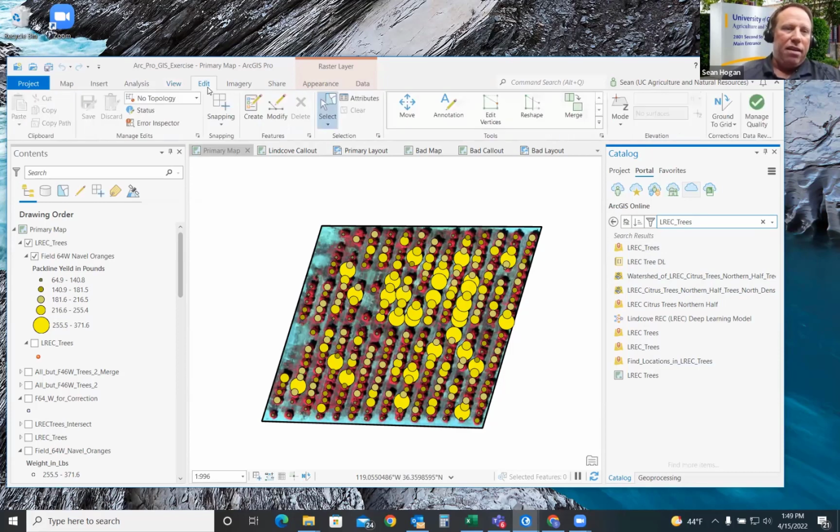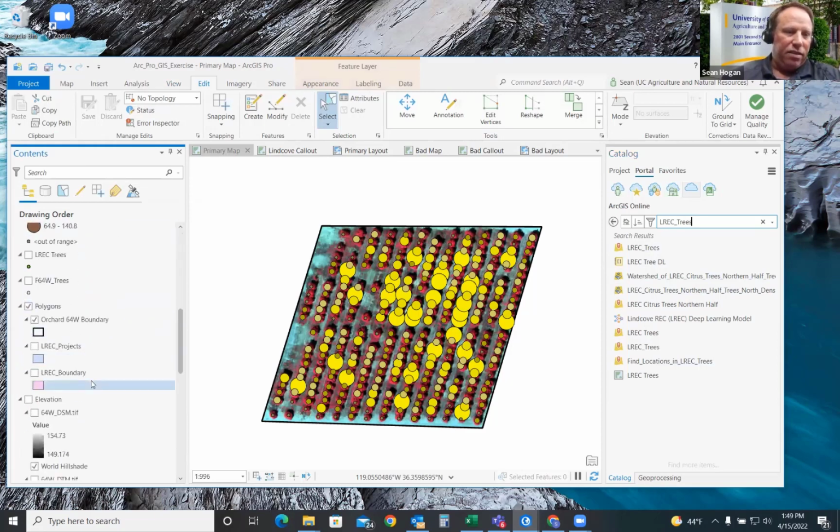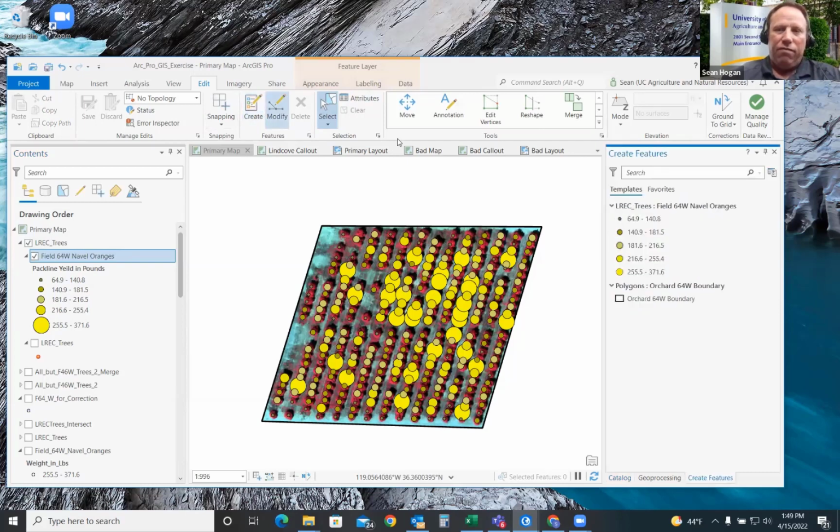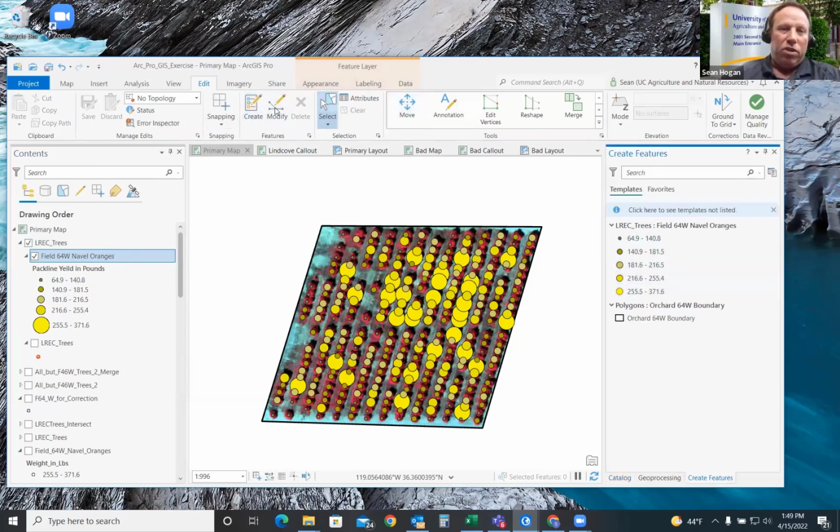Moving on, edit. Edit will matter if, say, I have a feature highlighted here. I can't do an edit on a raster. So if I click on a raster, the editing options will not really apply. But if I click on a vector, I can start creating new features, or shifting them. There's a section in the exercise that refers to this, but we may not cover it.